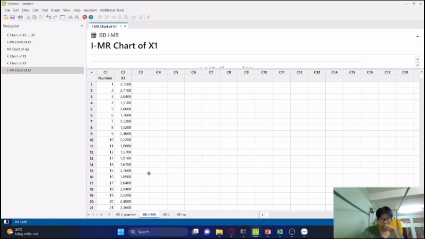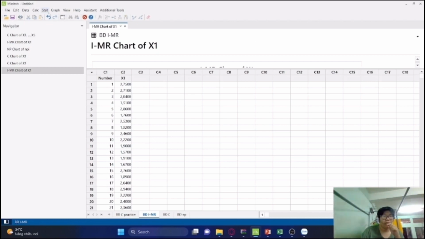We use this chart when the data collected is continuous, or only one data point is measured in one subgroup. When data takes a long time to obtain, to monitor process performance before and after improvement, and when the measurement system is too expensive, like destructive testing. So for using the IMR chart in Minitab,